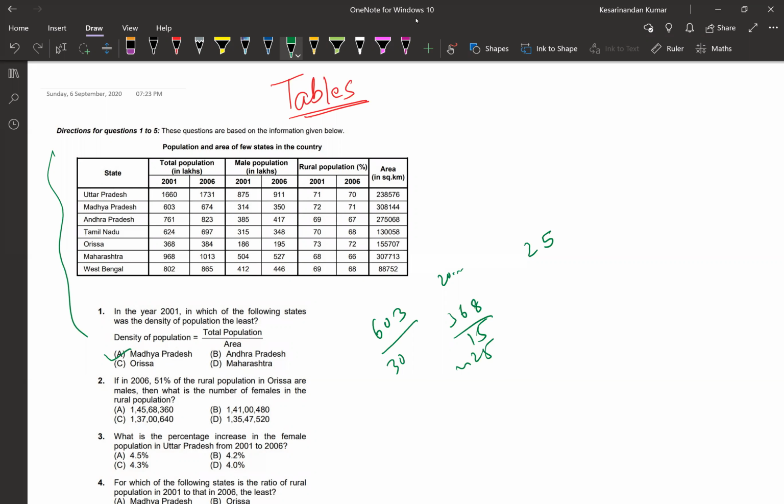There will be 3-4 more conditions given. Like let's say if I had given male population divided by urban population or something, now calculate the ratio. If I make this density of population, I determine a new ratio, new scale, then this is something of a CAT level, somewhere close to CAT level, still not a CAT level. This is how I can twist the questions.